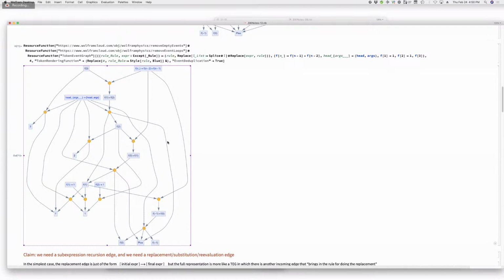It's interesting that in a sense, what we probably should be doing, and what would make this clear, is if we had two kinds of events, two colors of events. One is the rule application event, and the other is essentially the meta rule of the evaluator, that is, go head followed by args. How does it reassemble? Given the head of args, how does it reassemble that? Or does it not need to for some reason?